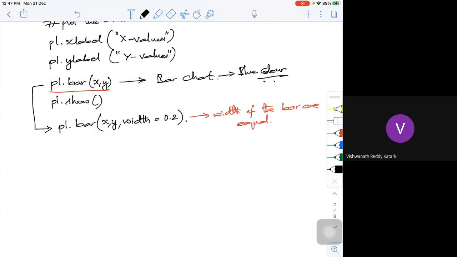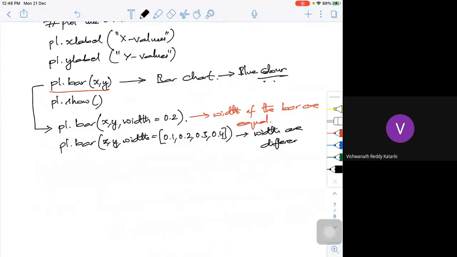Say I want all the bars to be of different widths. I can do that. It is pl dot bar x comma y comma width is equal to, and I can give it as a list. Let me give 0.1, 0.2, 0.3, 0.4. This will give different widths.